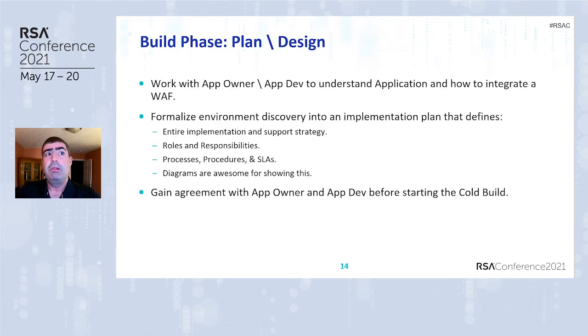Then we move into the plan and design phase. This is where we start to work with the app devs and the app owner to understand how that particular application worked. We would start out by asking for a quick two-pager, just the basic who, what, where, when, why, how of their web application, what type of data they store, where they store it. And we'd also ask for things like a network diagram and a data flow diagram. Then we'd get on a call with them and we'd flush out any questions that we had based on that. And collaboratively, we would start to work out that customized implementation guide.